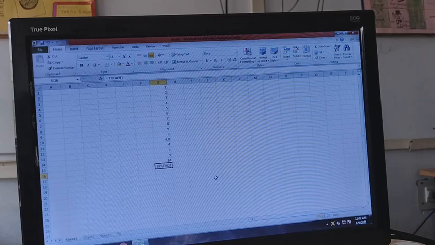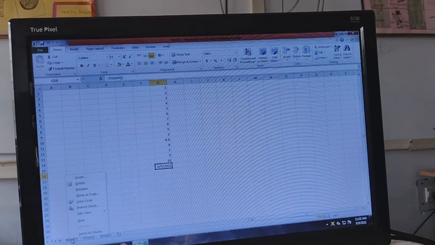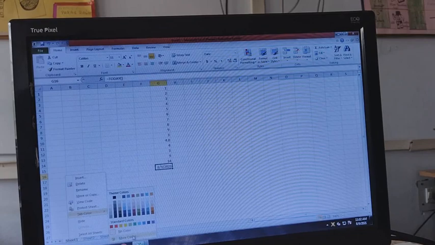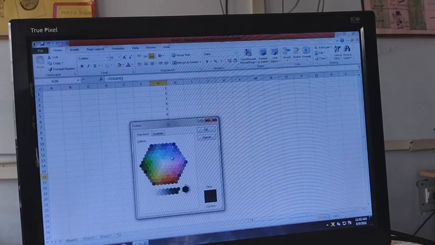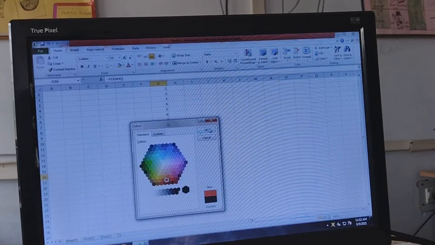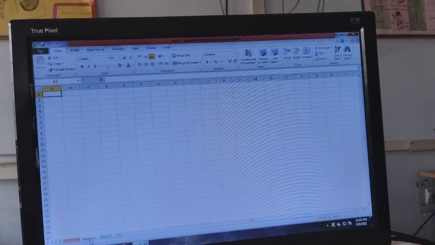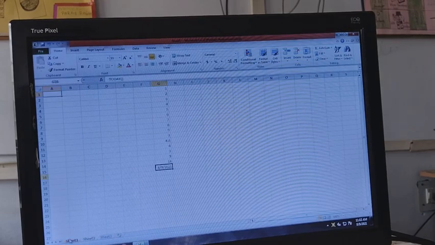Now we can see how to change the, already discussed with the sheet tabs, how to change the color. Do the right click, here it is tab color, you can click on the tab color, and you can also click on more colors, whatever color you want you can choose from here. Then you have to click on the OK button, and then you will see that the Sheet 1 color is changed. So like this you can have the color in different sheets.